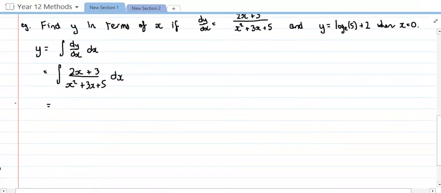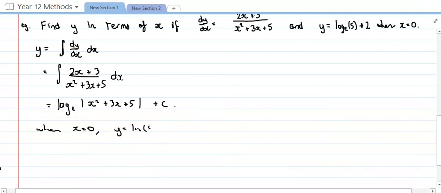So when I do this question, I'm going to get log e, and I'll remember at this time the modulus of x squared plus 3x plus 5, and then plus c. Now, we know that when x equals 0, y equals log e of 5 plus 2. So log e of 5 plus 2 is equal to log e of the modulus of 0 plus 5, which is just 5,